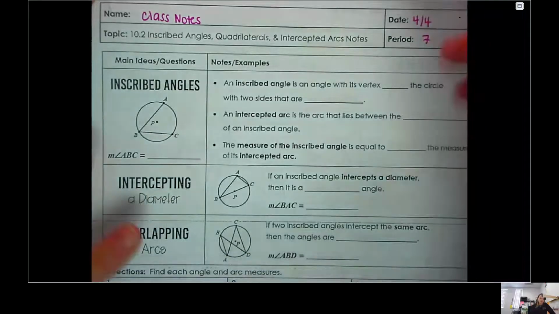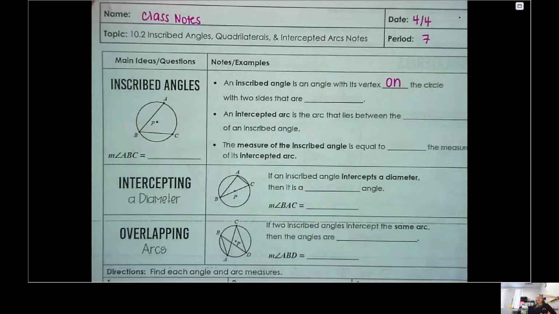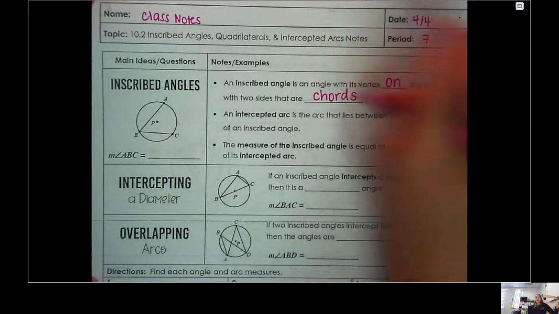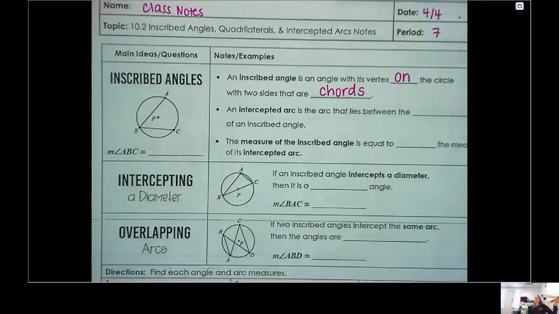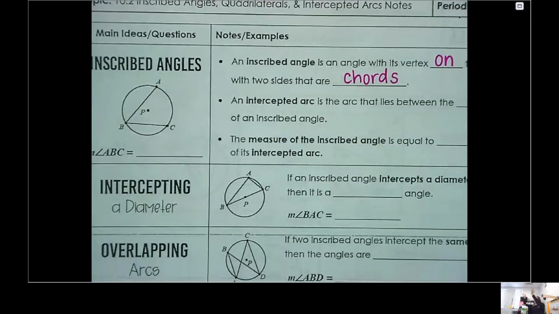An inscribed angle is an angle with its vertex on the circle. And the two sides that make up the inscribed angle are called chords. C-H-O-R-D-S, chords. So before, when we were talking about central angles, the center of the circle was obviously at the